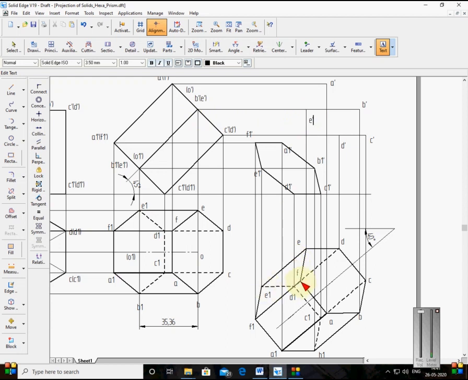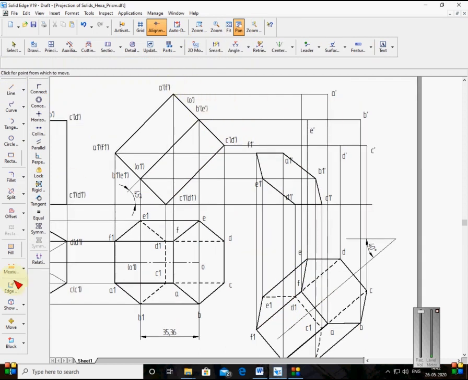And this is what, F. F I have not taken. So F I will take it here, project it here. It's coming on this line. F is coming on this line. Here it is F. So because this is the F. Now I'll type this as F dash. Correct? Now you see here, this is A dash, B dash, C dash, D dash, E dash, F dash.